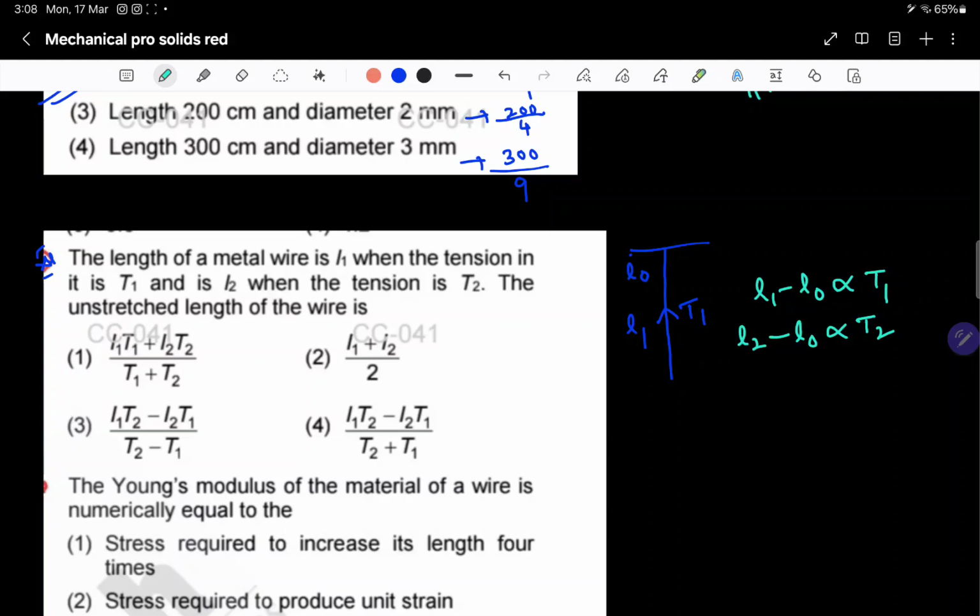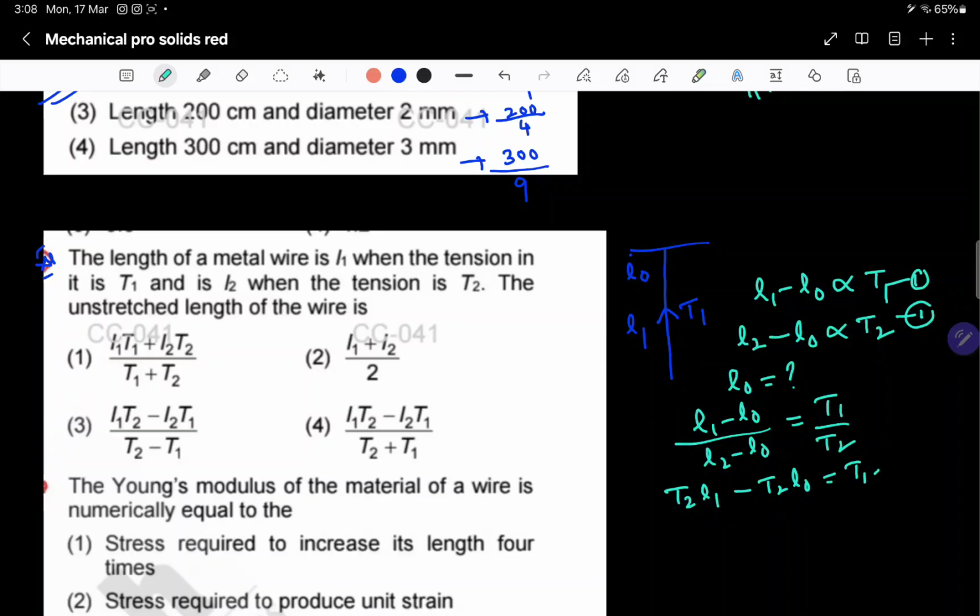So the question is asking what the unstretched length is. That means L0 is how much? Okay, students. Let us consider this first equation and this second equation. So (L1 minus L0) by (L2 minus L0) equals T1 by T2. Just cross multiplication: T2 L1 minus T2 L0 equals T1 L2 minus T1 L0. So now here, take this term to this side. That means T2 L1 minus T1 L2 equals